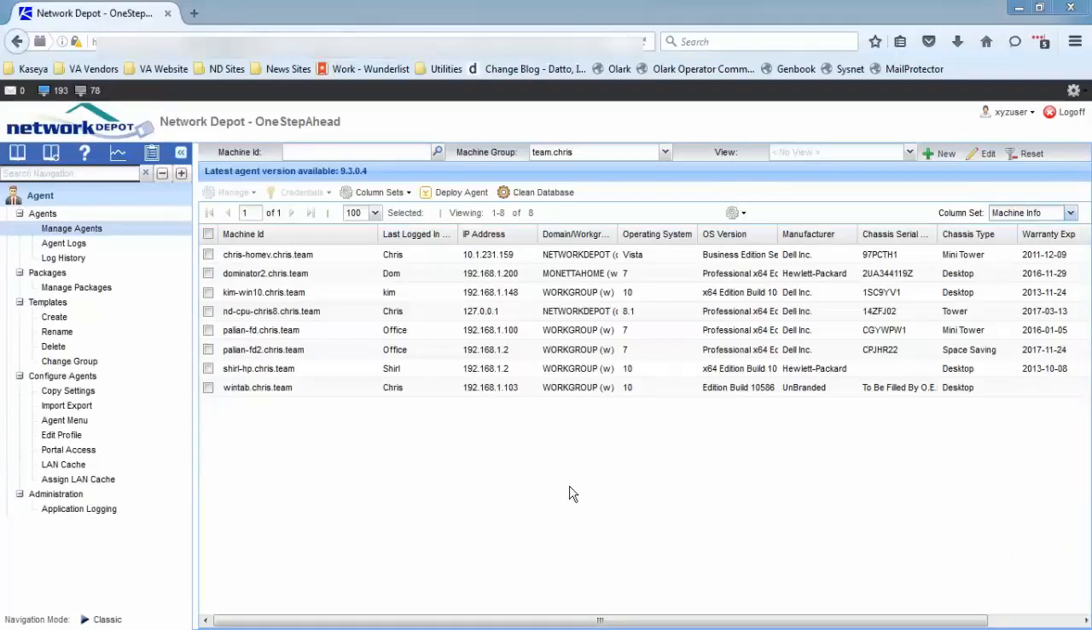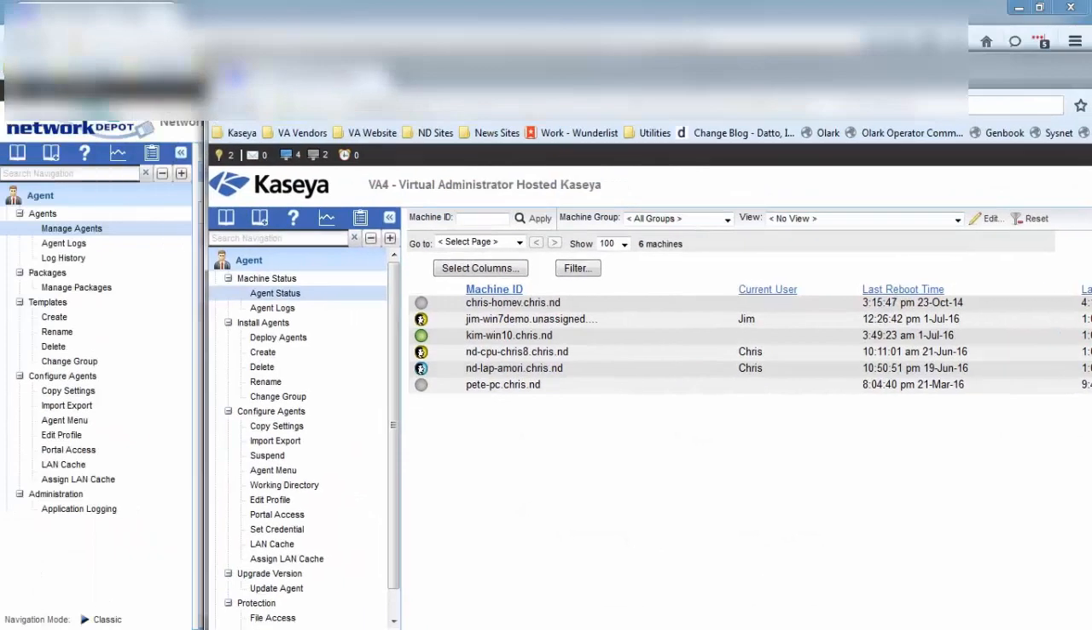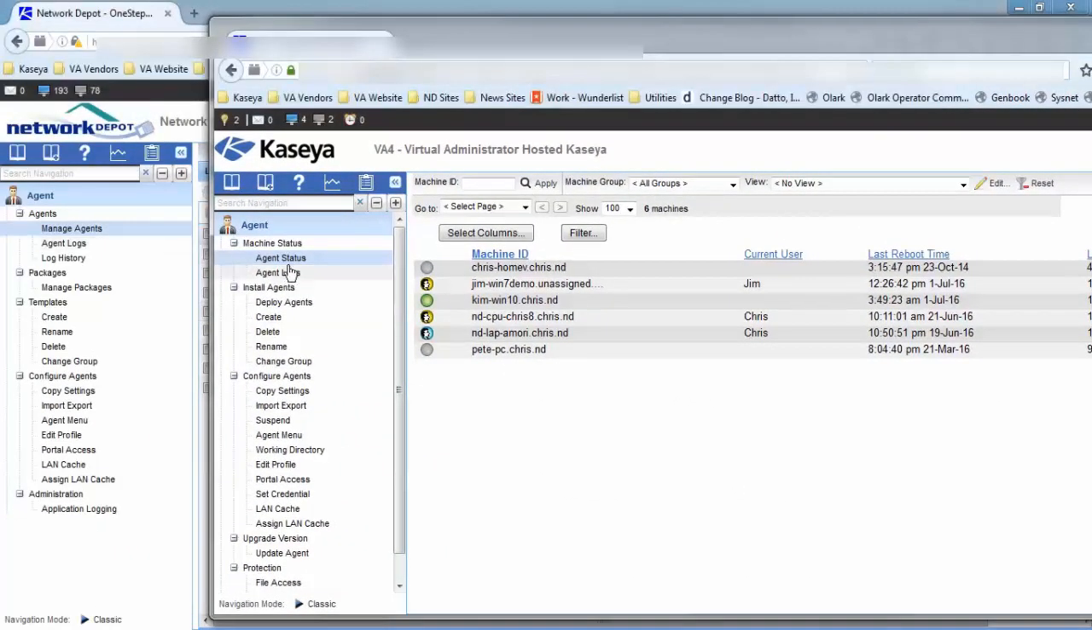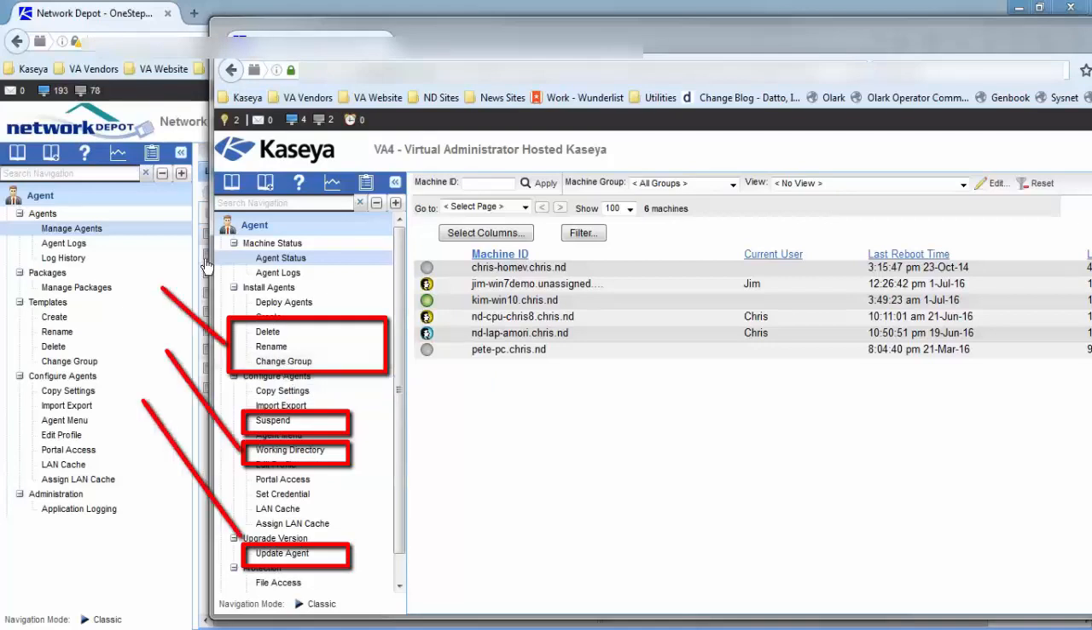So the first thing that you're going to notice is that the agent module has a new look and feel to it, a little more modern design. And you're also going to probably notice that there's a bunch of menu options that are missing from over here on the left-hand side. If we pull down, this is the old 6.2 module, and you'll notice that the agent status, which is one of our favorite landing points, has been replaced with the manage agents. And a number of these different options here, rename and change group, have been removed, and they've all been incorporated